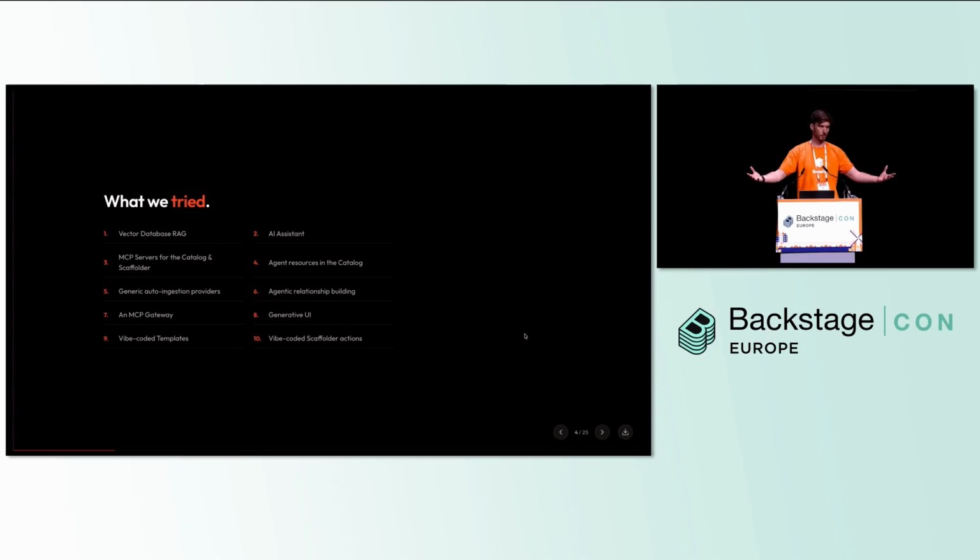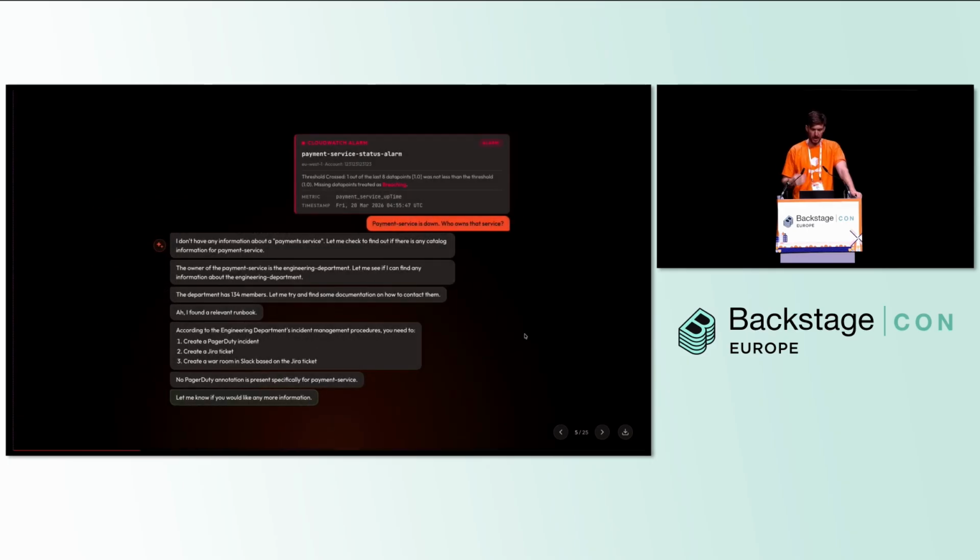We threw a lot at the wall in order to understand what would work, what was useful, and what agents actually require and need. The easiest way of explaining this is to go back to an experiment that we ran at the beginning of 2025, where we created an assistant and thought that was going to be enough. It was powered by Claude 4 at that point, and we thought it would be a useful thing for people to use.